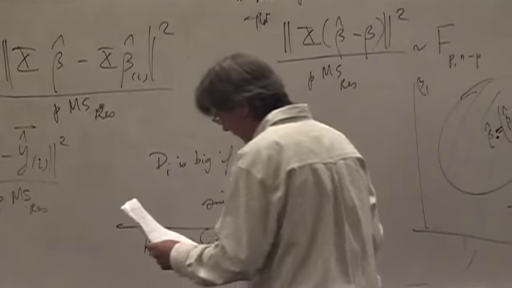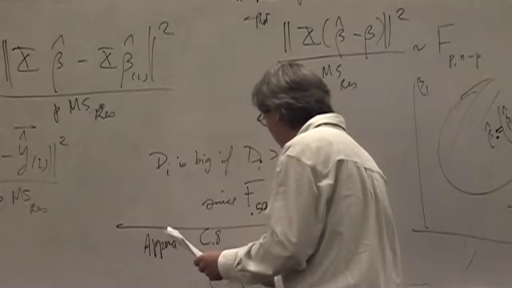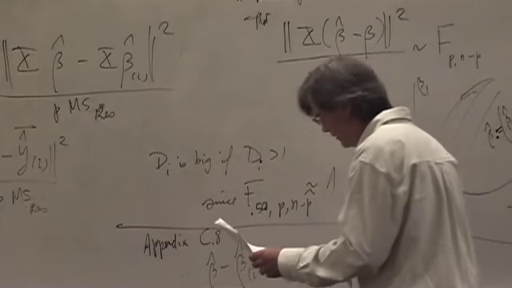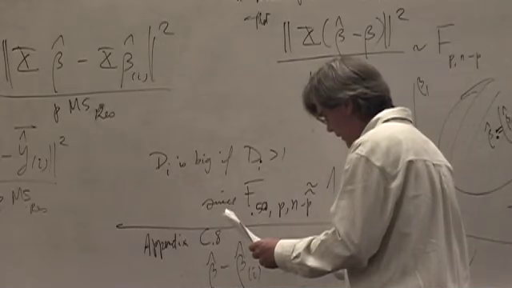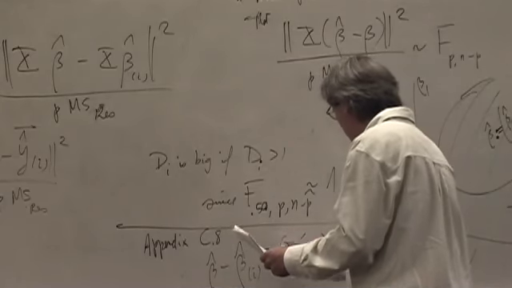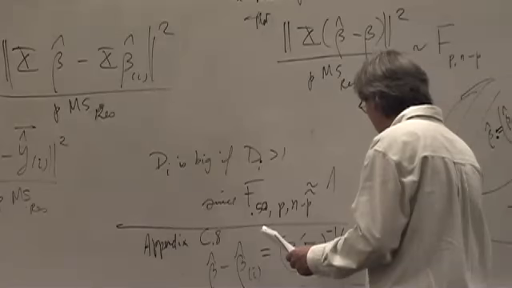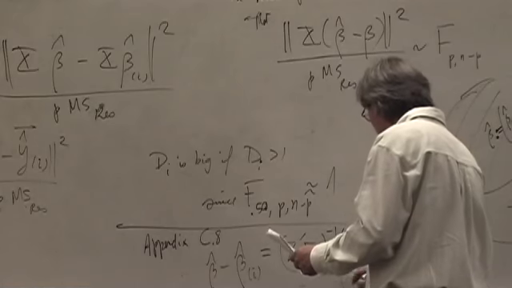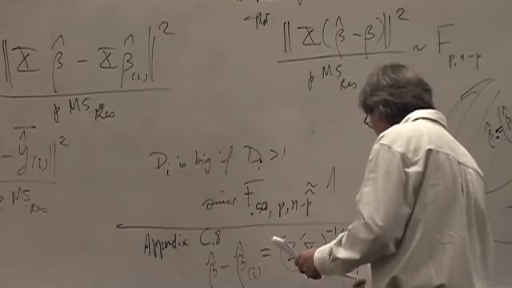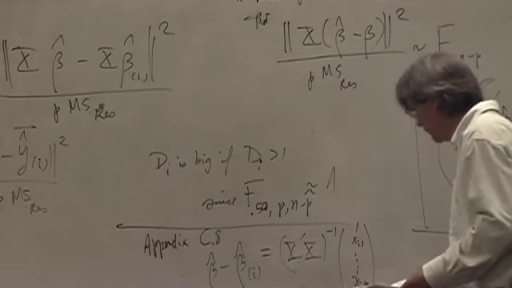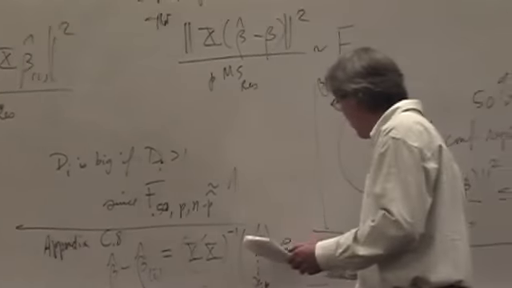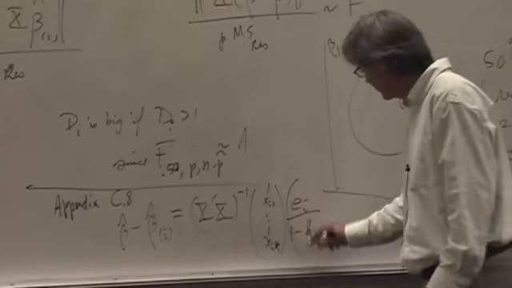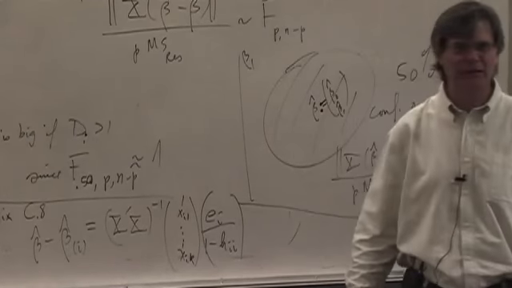is that beta hat minus the deleted estimate of beta is equal to X prime X inverse times the column vector x_i1 down to x_ik, a column of p terms, all right? And then times e_i over 1 minus h_ii. These are just scalars at the end. e_i is a scalar. 1 minus h_ii is a scalar. Okay, that's the key formula